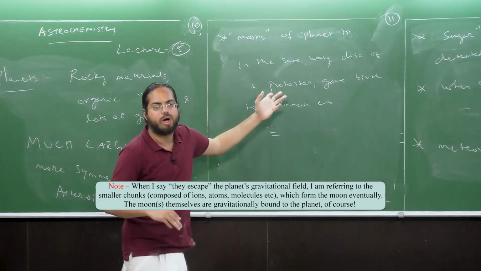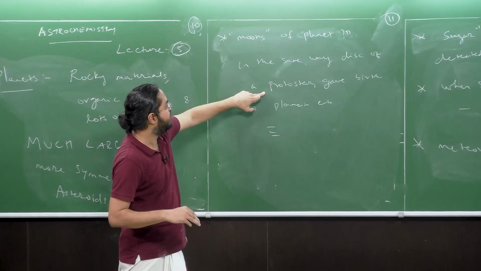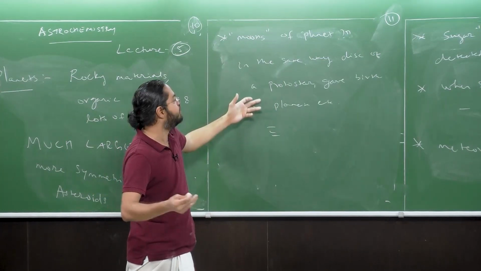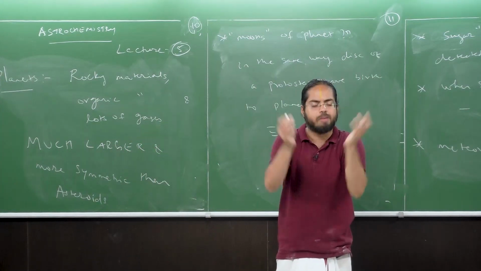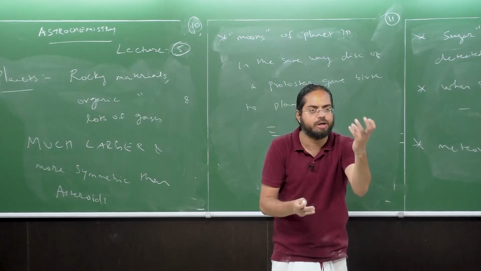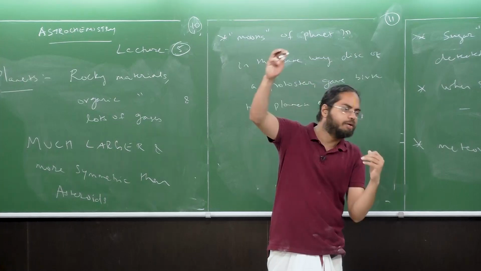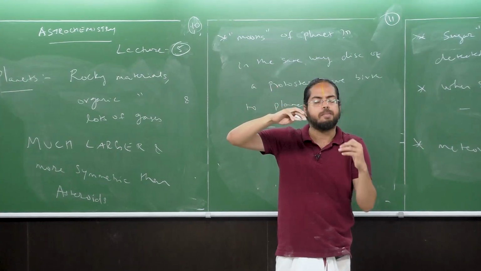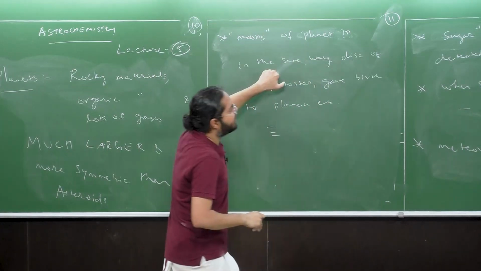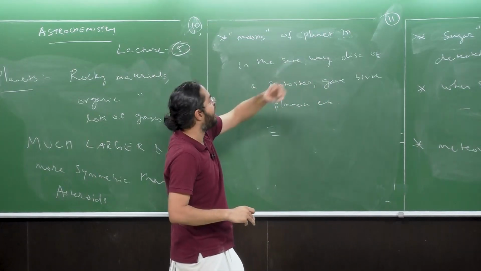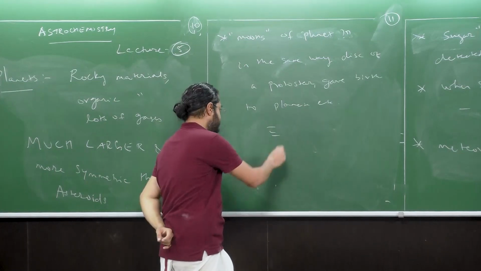This is very similar to how the planets themselves were formed from protostars. Okay, right? So it's very similar to a large amount of mass accruing together, and once sufficient mass is built up, they escape the gravitational field of the planet itself. So it's very similar to how the planets, asteroids and comets, etc. are born from a star, that the moons of planets are also formed. Okay, right? That's the idea.